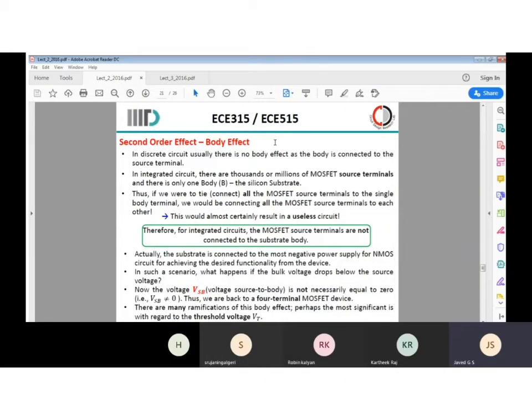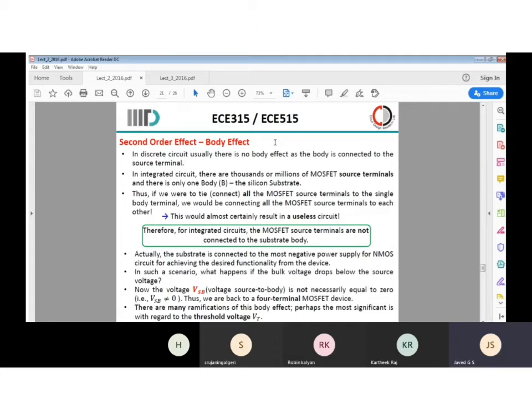Second order effects. So what is the next effect? What we see is the body effect. Now, what is the body effect that we are talking about? The bulk. So what are all the connections connected to the bulk over here? The connections connected to the bulk are the source to bulk capacitance, drain to bulk capacitance, gate to bulk capacitance, and the source to bulk resistance. So these are all the four parameters which are very small but definitely present, where you can bias, where you can affect the system in its operation.